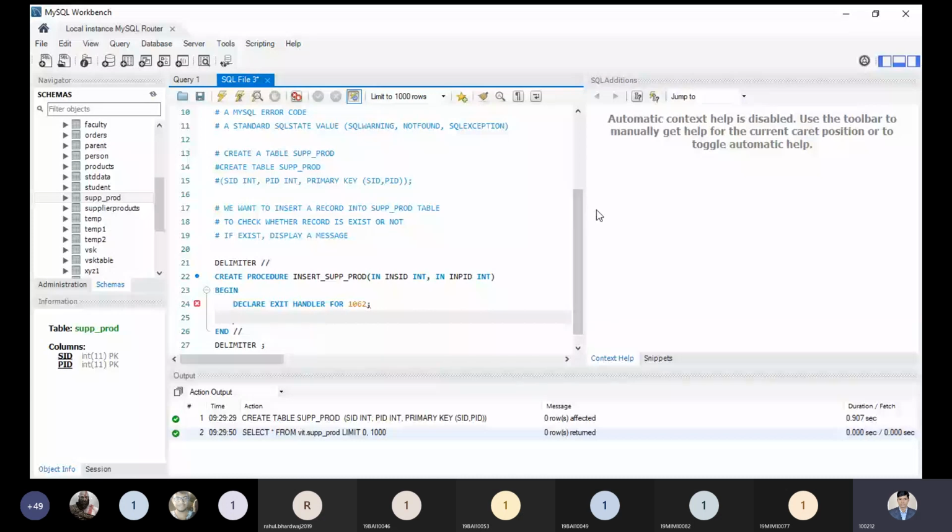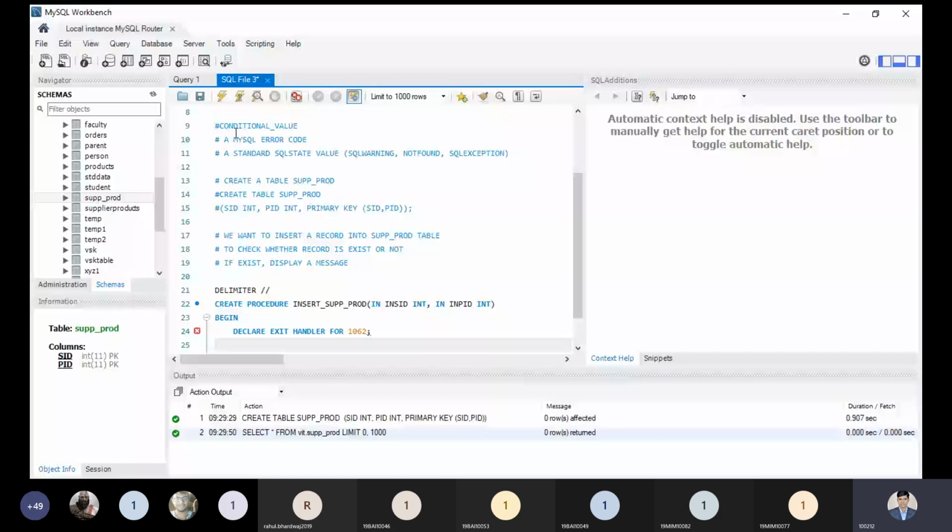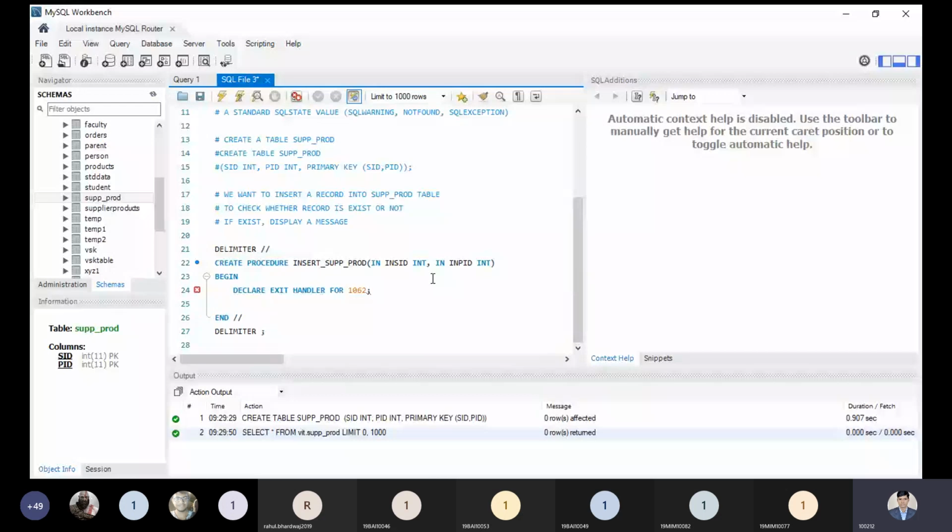Okay, so you can see over here, as I told you, the condition value is known as a MySQL error code or a standard SQL state you want to use. So right now I'm using a MySQL error code, and that is 1062, and it has its own meaning. It is returned if we are trying to add something that is already available. With the example you will understand properly. So declare, okay, over here, and just let me know what error we are getting right now. In this position, unexpected identifier. Okay, sorry, a semicolon will not come over here. Now where are we getting the error again?